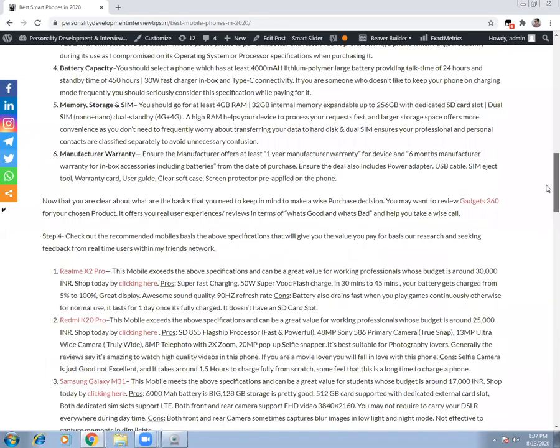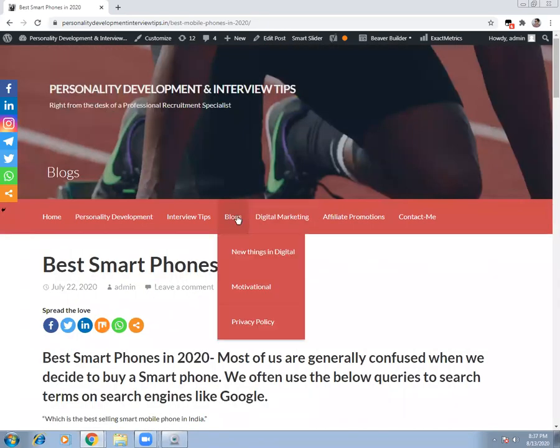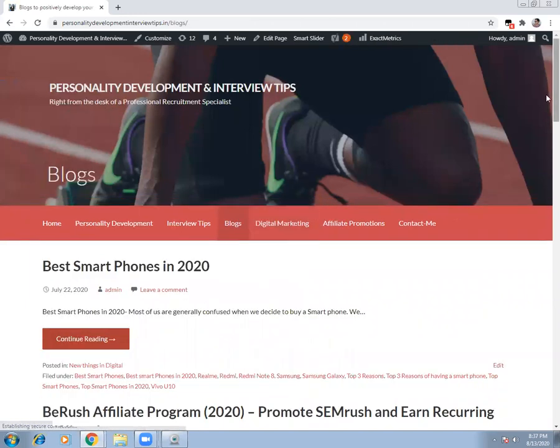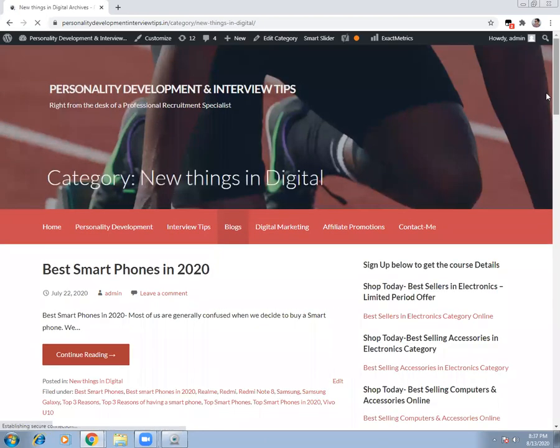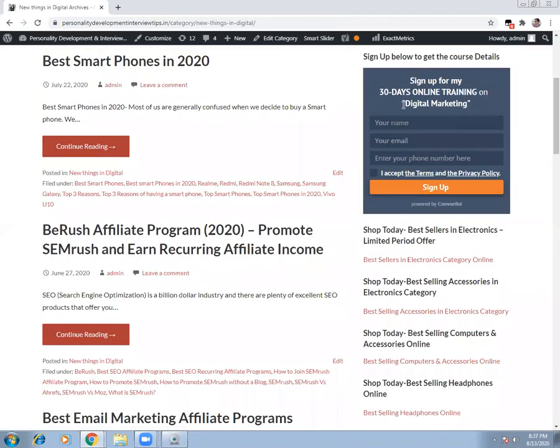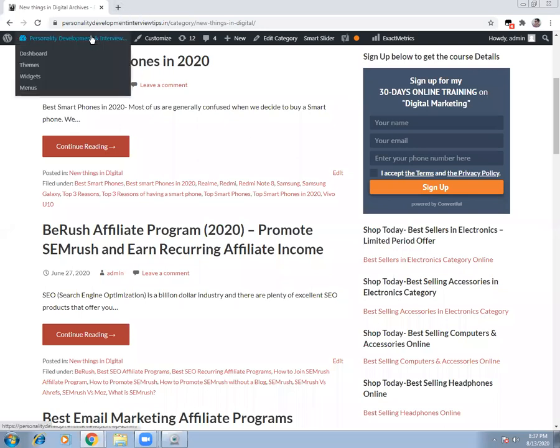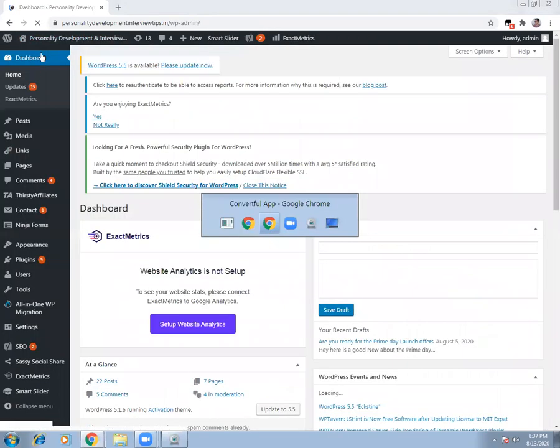The third one that we have seen is something that comes towards the side of the blog posts. Whenever you have some posts, you see towards the side one form. So how do you add a form towards the side of your posts section? For that, I'm showing you live on my website. You need to go to the dashboard, and you also need to go to Convertful.